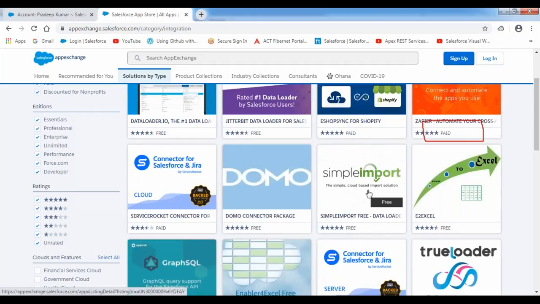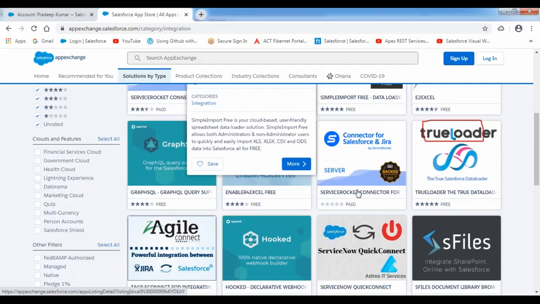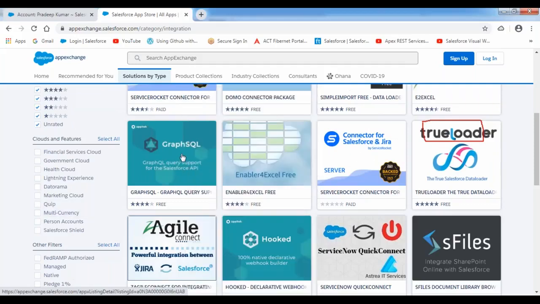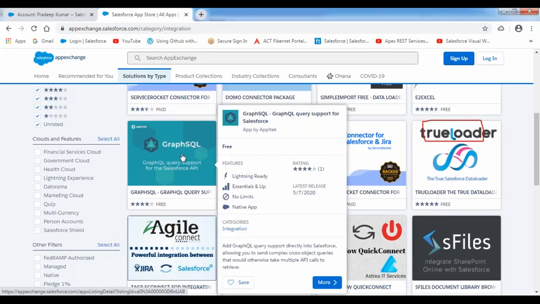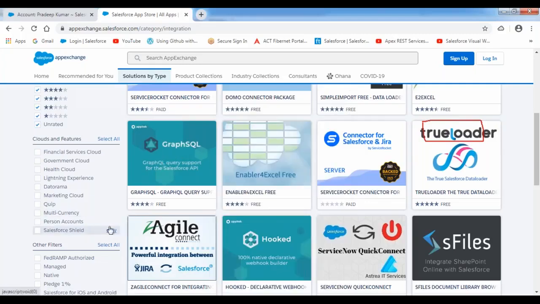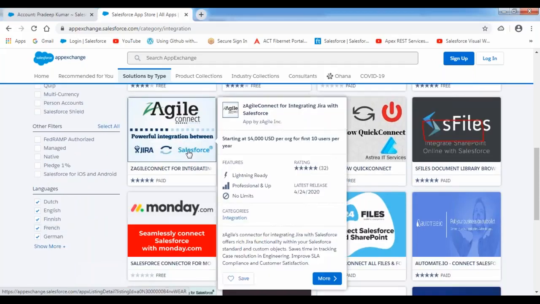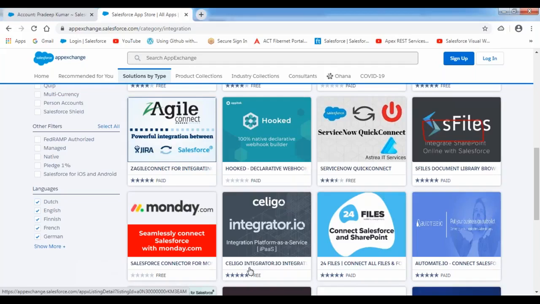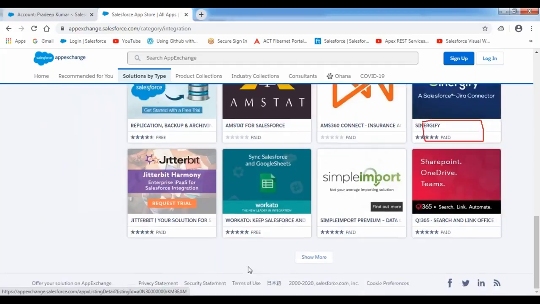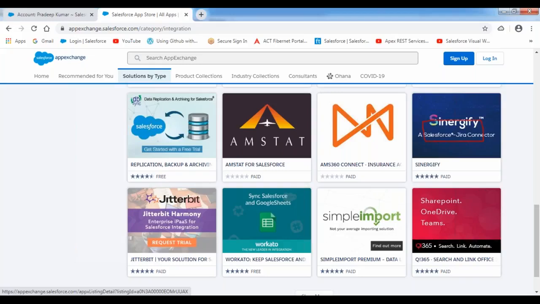And then we have Simple Import in order to import the data. And then GraphQL: we can connect Salesforce with any database, execute a query, get the data, and represent it in a pictorial format. And then we have Agile Connect over here. Salesforce can interact with the Jira tool here; we can integrate. So like that, we have various integration tools available through which we can integrate Salesforce with other